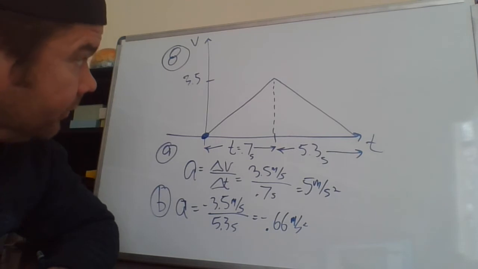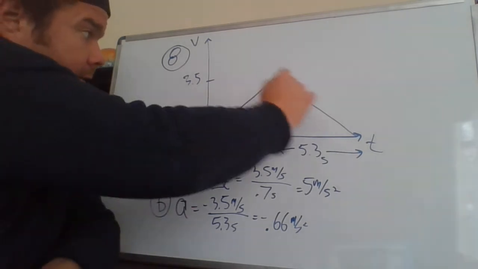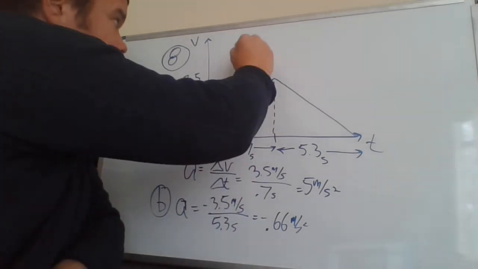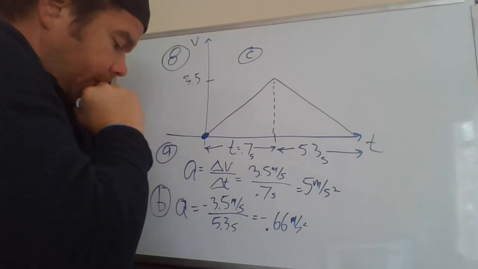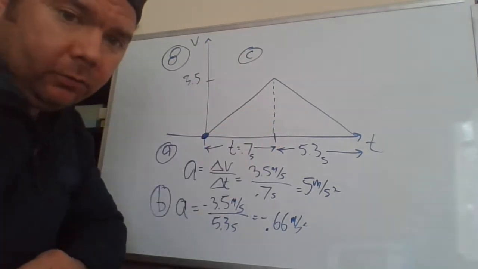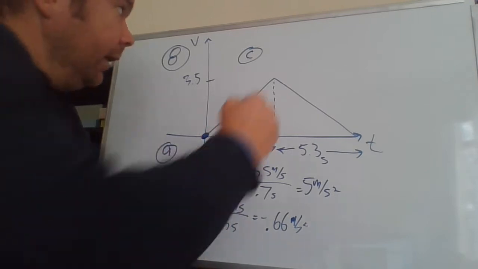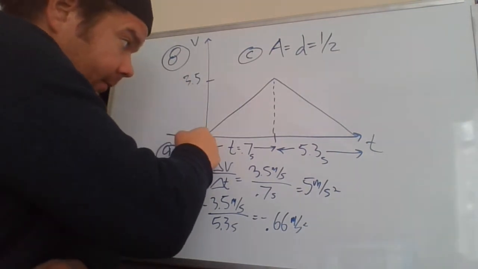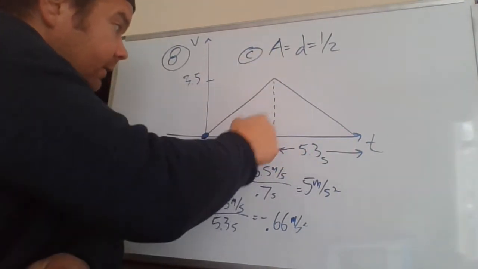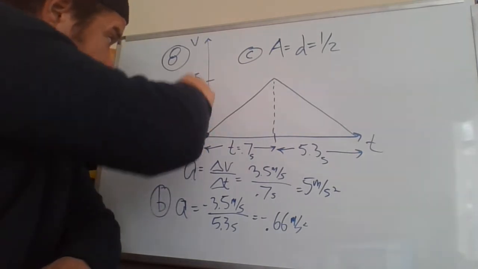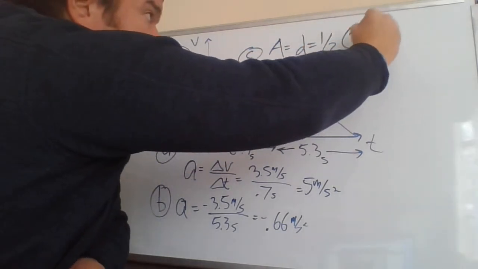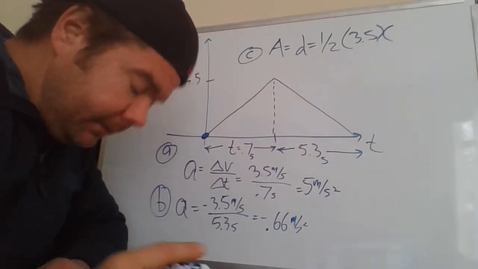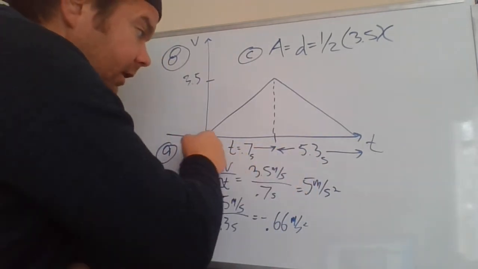Part C, how far did the toy car travel? Well, I can find that just by finding the area of this velocity graph here, right? Even though technically we were thinking about it in 2 parts, it's one triangle. So the area, which is the distance, is 1/2 times base times height. What is the height? The change in velocity was 3.5, and the total time is 0.7 plus 5.3. If I add those 2 times together to get the whole base,